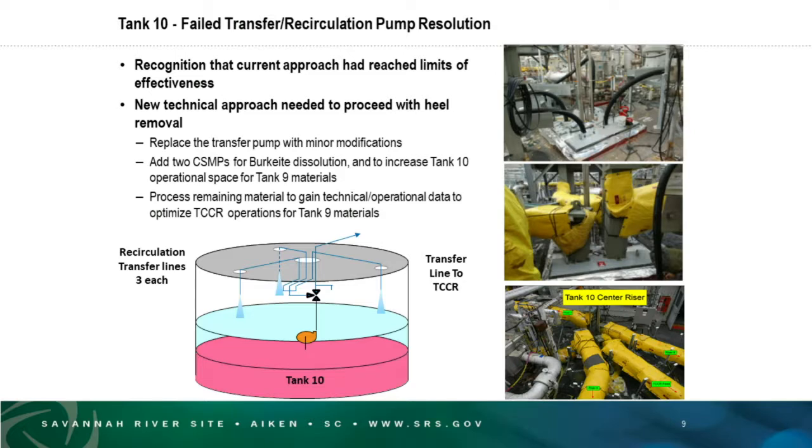We plan to replace the transfer pump in kind, with a few little modifications to it. We're going to add 2 CSMPs, commercial submersible mixer pumps. These are commonly used in the tank farm. We use them for heel removal on most applications in all of our tanks. It is a common tool that we use to remove the heel out of all of our closure tanks. In this case, we're doing 2 things. Not only are we removing the heel, but as your heel